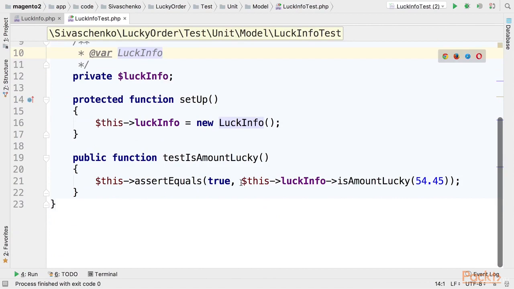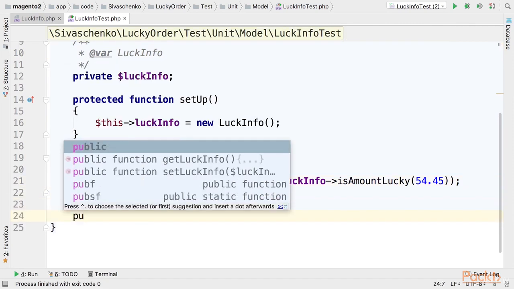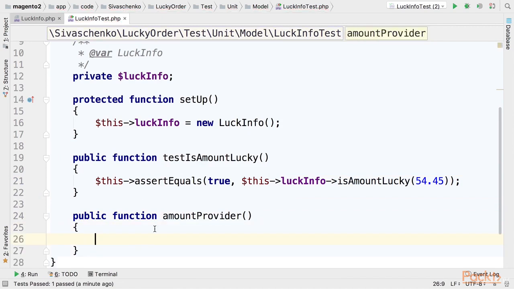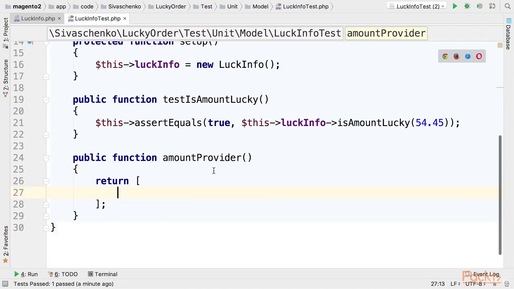But now I would like to extend this test a bit and use it for testing the negative scenario as well, when the expected result is false. For this purpose, I will use a data provider. It's a feature of PHPUnit, so I will create a public function amountProvider. It can have any unique name, and I will return an array. Each provider function should return arrays of